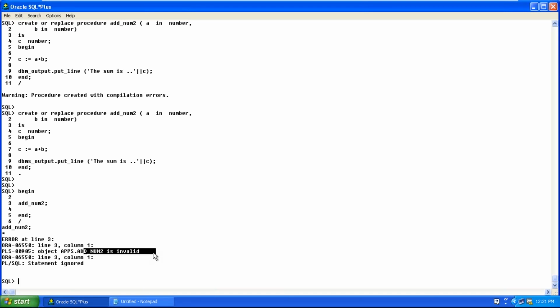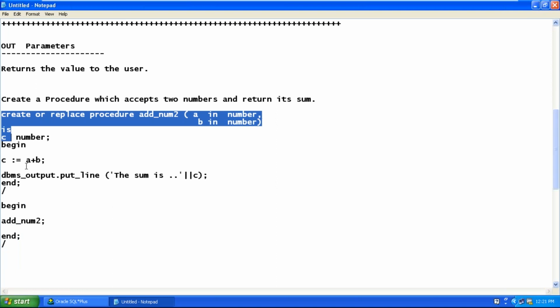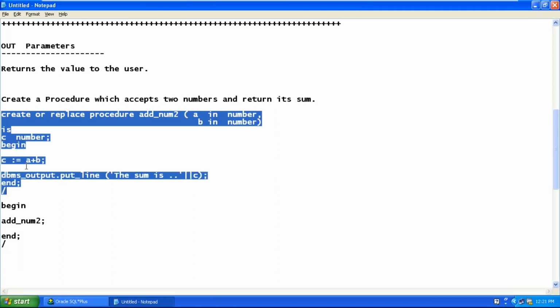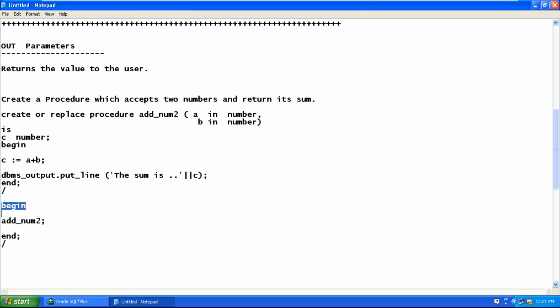That means it's an invalid procedure. Procedures which are created with compilation errors are called invalid procedures, which you cannot invoke. So it is our responsibility to rectify the code and recreate the same procedure. Now the procedure is successfully created. Now if you invoke it, it gets successfully invoked.